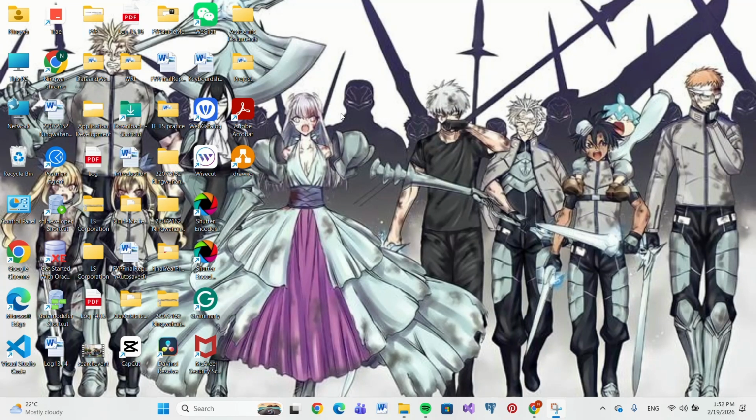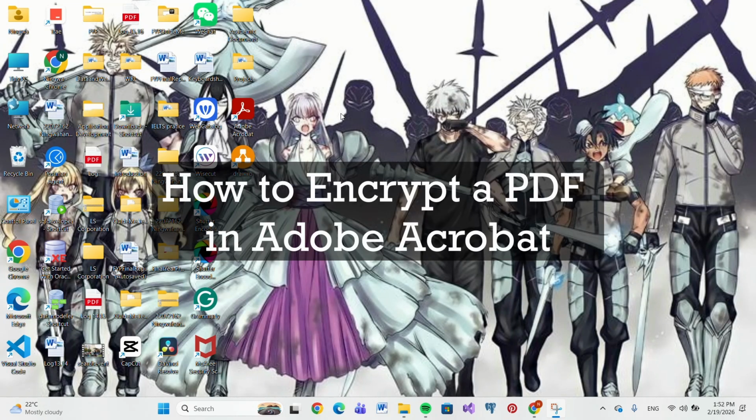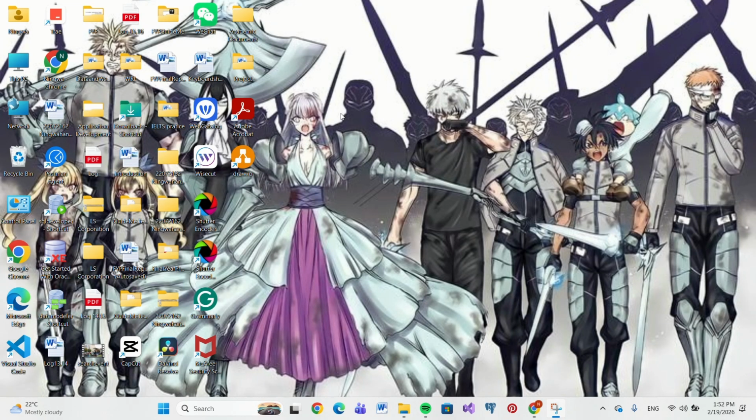Hello everyone. If you want to protect your PDF with a password, Adobe Acrobat makes it simple using the encryption